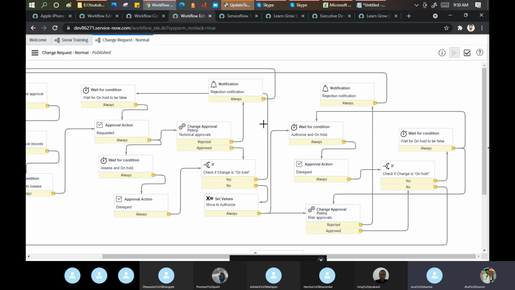I'll not say that is a drawback of ServiceNow, but that is the way the system has been designed. You cannot download the workflow. If you want, you can take a screenshot, but you cannot download it as a PDF. And that is as required. It is good practice, not a bad practice here.